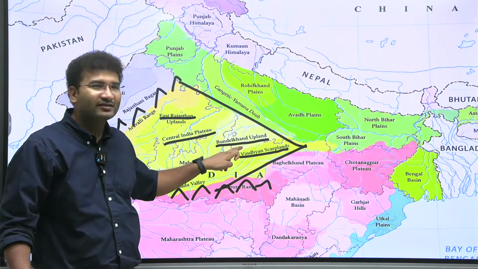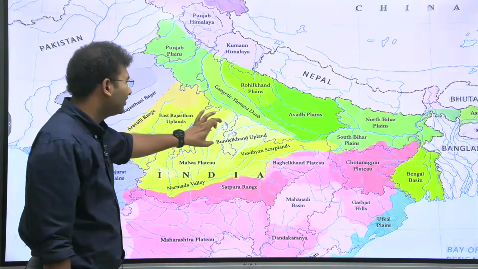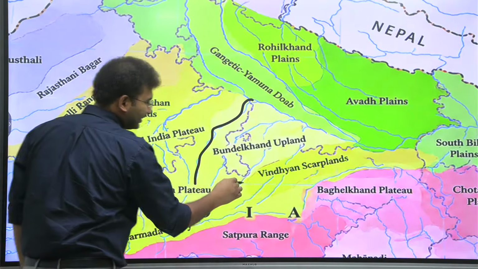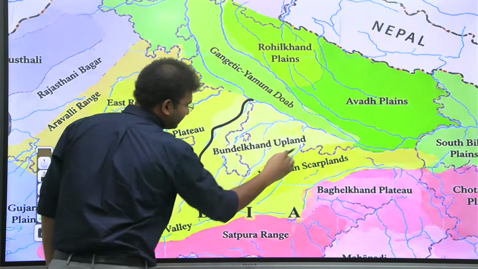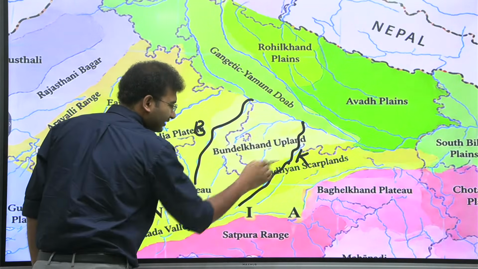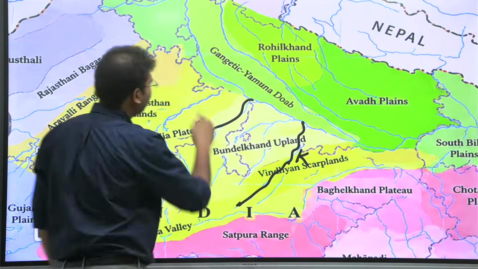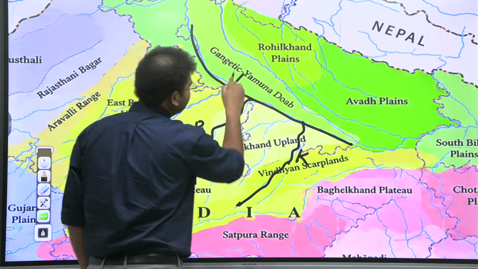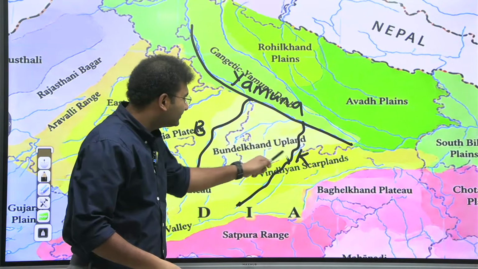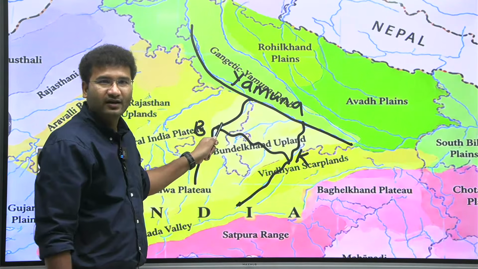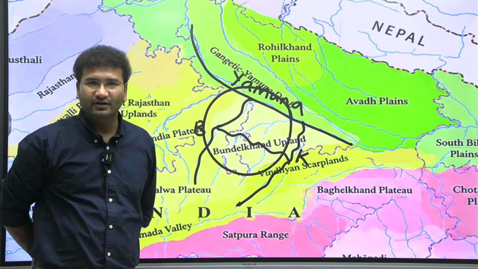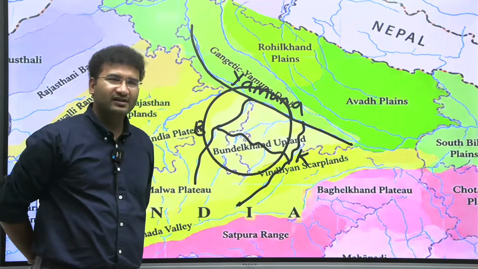Now come to the Bundelkhand region. Recently the government of India has focused on linking two major rivers. Can you see this river and this? This is Ken and this is Betwa. Ken has a lot of water and it's one of the tributaries of Yamuna. So this is the Yamuna river. If we can divert Ken's water and link it to Betwa, and from Betwa give water to this part of the area, wouldn't it be wonderful? Yes. So this was declared a national project.